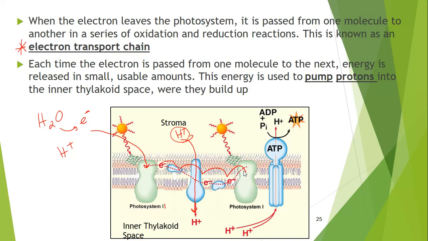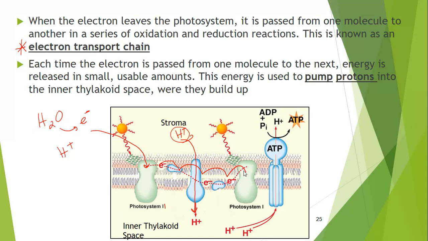So this is very confusing. Photosystem 2 is the first photosystem. Photosystem 1 is the second photosystem. It's backwards. So the electron gets fired out of the reaction center, goes from photosystem 2 onto the electron transport